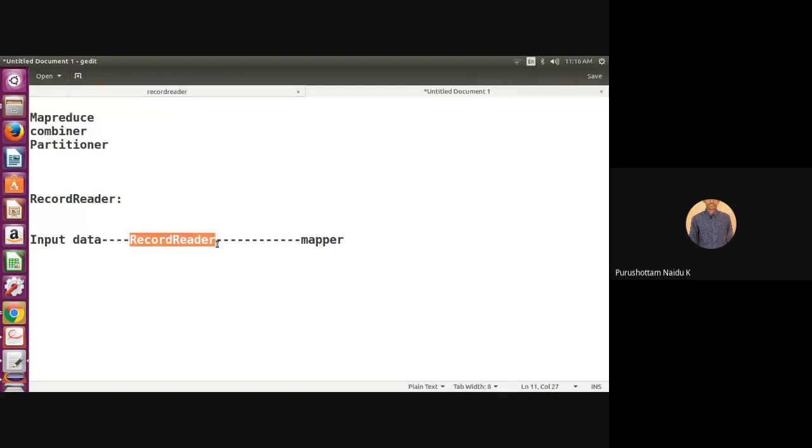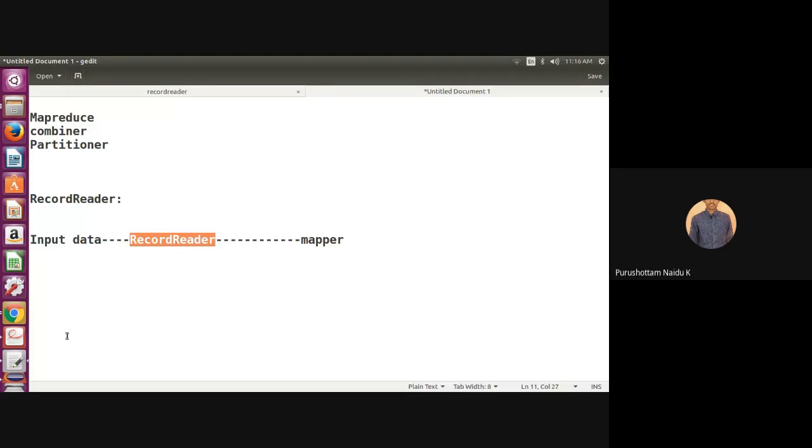If I want the input data in some other format, I can maintain the data in that format with the record reader.